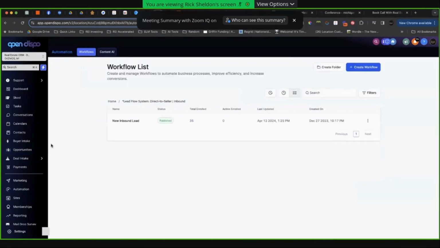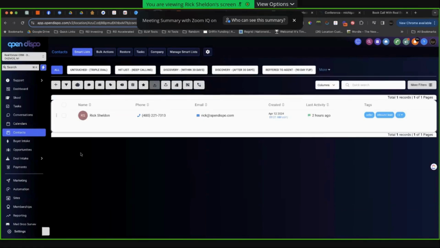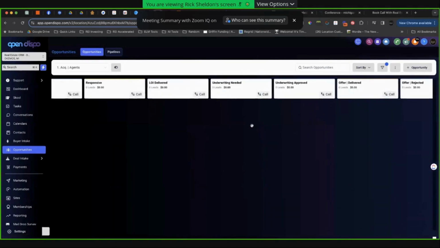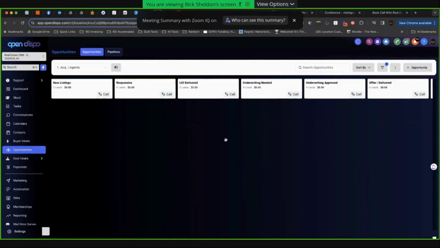Smart lists, if anybody is coming from Podio, are called views. Smart lists are preset filter criteria that apply to your contact database. Just to really quickly clarify, a lot of people work their deals out of pipeline views here. And I'm sure I've explained this in other videos, but there's a limitation with this platform where if you're working out of pipeline views and you have a lot of leads in one stage and you're halfway down, you scroll down to the 50th person, you work John Smith, you click into it,